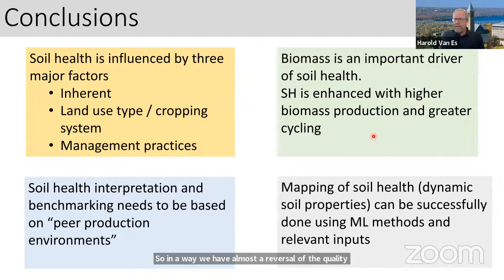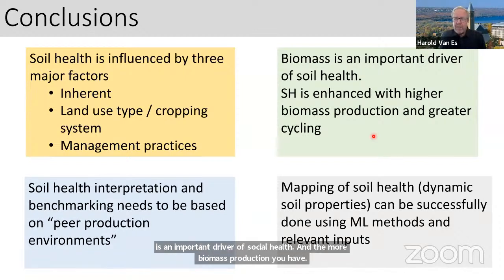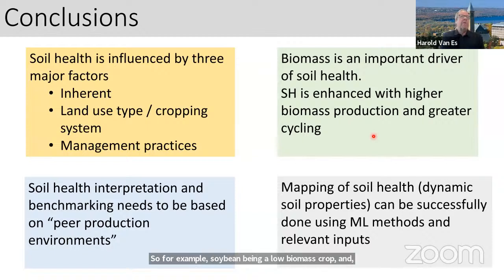All right, so with that, just some conclusions. Soil health is influenced by those three major factors: the inherent properties, the land use type and cropping system, and then management practices within. Biomass is an important driver of soil health, and the more biomass production you have, for example, soybean being a low biomass crop, and the more cycling you do, you see favorable soil health